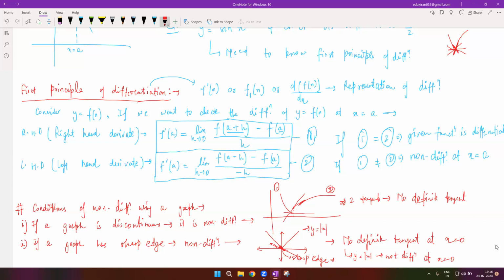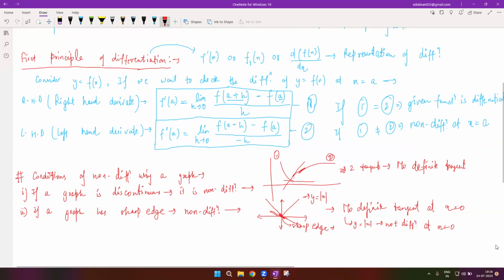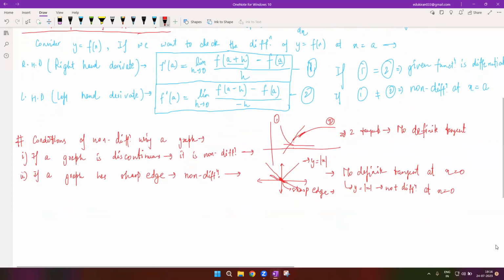So using the graph, there are two conditions. Now, the mathematical approach is to find the right-hand derivative and left-hand derivative to understand whether a given function is differentiable or not. Let's go to that. So I'm writing a question first to make you understand the concept of differentiability. Find the differentiation of